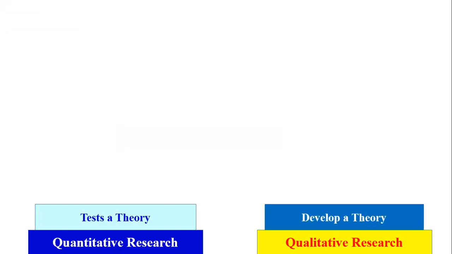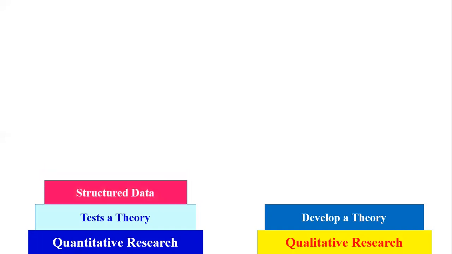The purpose of qualitative research is to develop a theory. In the previous lecture, basic research has the purpose to develop a theory, and applied research has the purpose to test a theory. So these two terms distinguish qualitative and quantitative research. Keep in your mind: when someone asks what the purpose of quantitative research is, you should write test. It is used to test a theory. But when we ask what the purpose of qualitative research is, you should say develop a theory, right?